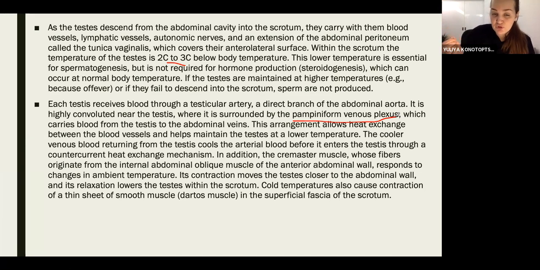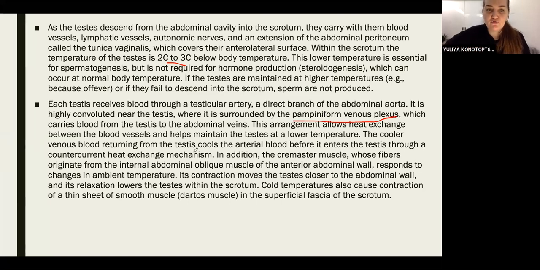So the temperature of this blood that is coming from the body to the testes is very high. It's 37 degrees, the normal body temperature, right? Testes are outside because they want a colder temperature. So do I want this hot arterial blood? No, I want it to be cooled down. So the purpose of this pampiniform venous plexus is that it kind of wraps around the testicular artery, and this